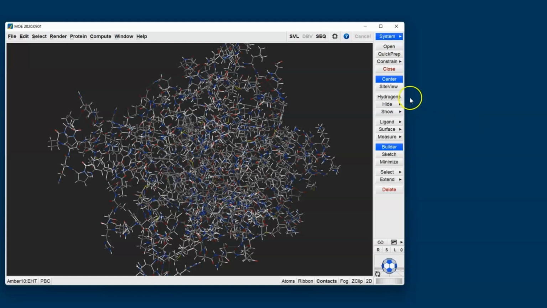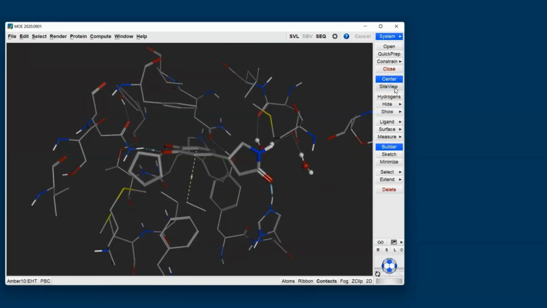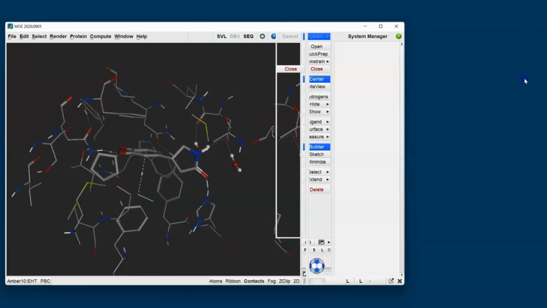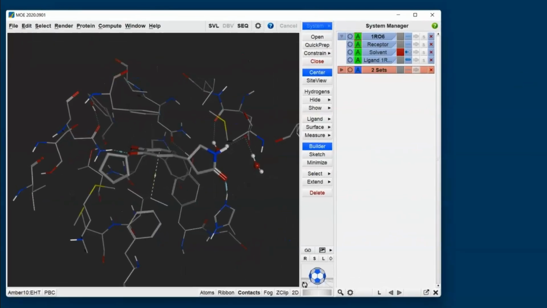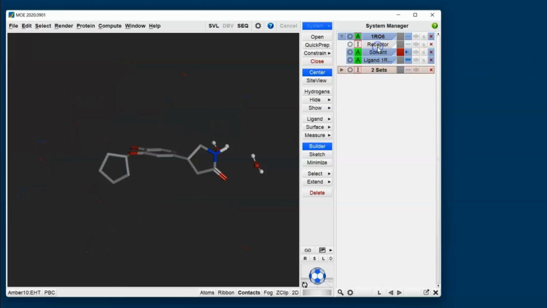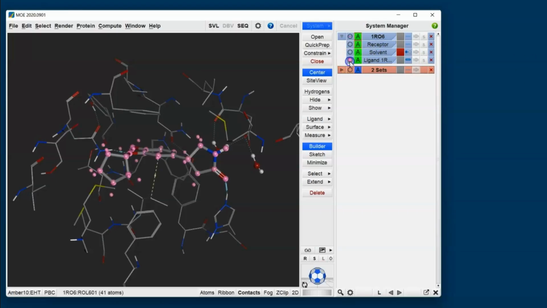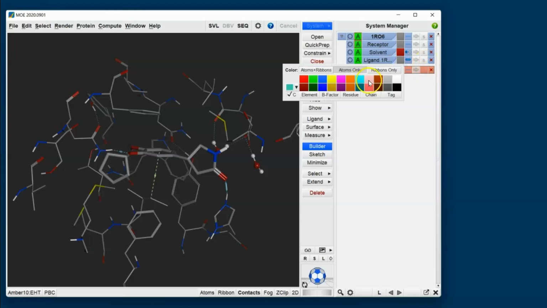So with the calculation complete, I'm going to cancel that panel, and the next thing that I'd like to do is hit Site View on the right-hand side button bar. That isolates the ligand together with any residue within 4.5 angstroms. And next, I'd like to adjust the rendering of my display. So for that, I'm going to access the System Manager, and I'll pin that to the main MOE window as a means to manage all of the data that we have in our system. From here we can hide and show different atom sets, we can make selections, we can also render and generate surfaces. So I'll use the rendering option, I'll render our ligand in pink so that it stands out a bit,